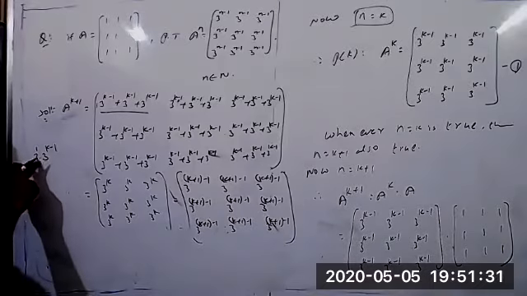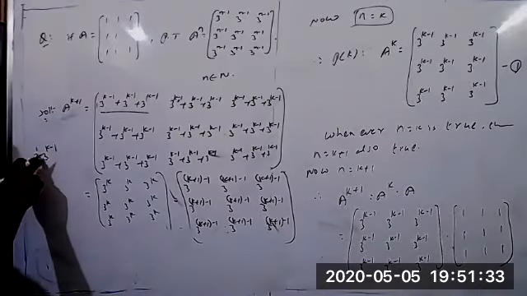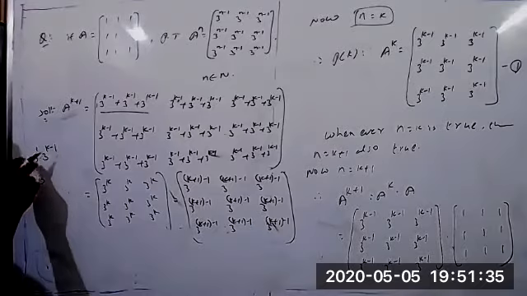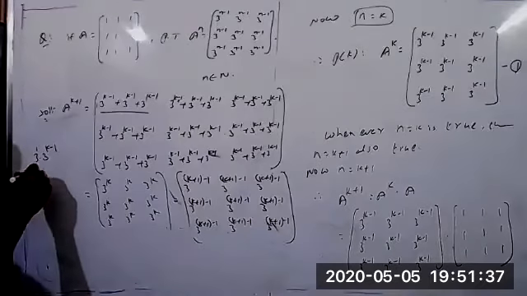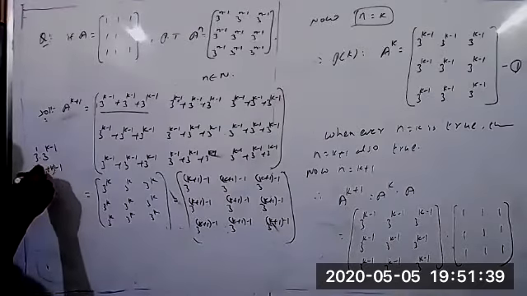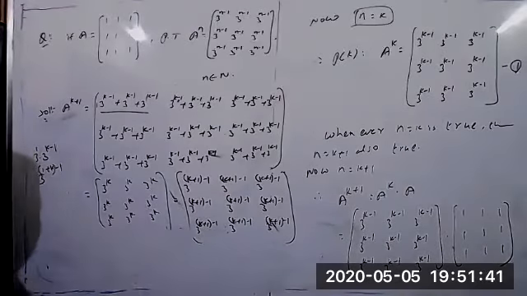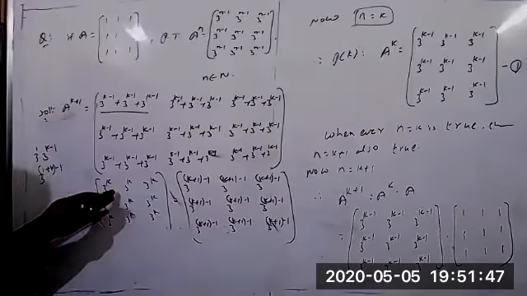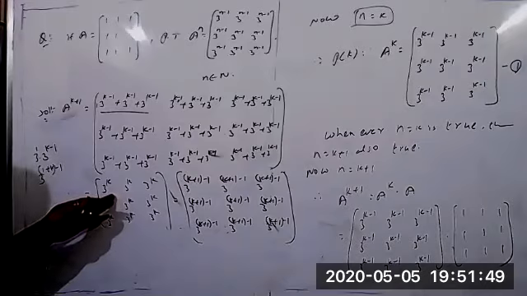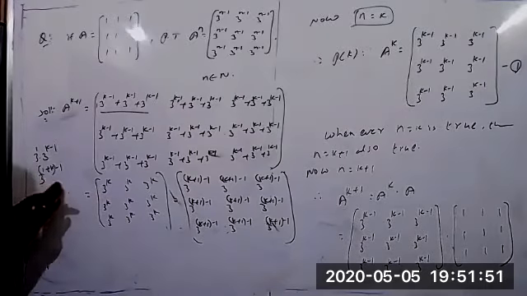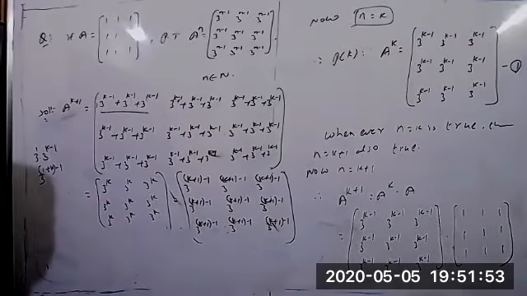So what about this formula? a power m into a power n equals a power m plus n. This one you can write as 3 power 1 plus k minus 1. You know, we got the last step clearly enough. That also you can do; that is your choice, no problem. Suppose if you have some difficulty, then directly get this condition based on this condition. Or else here you can write the condition.